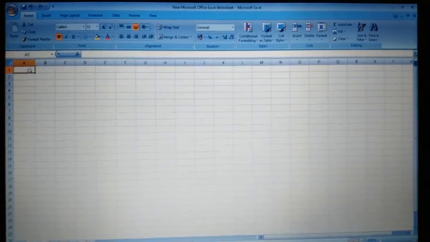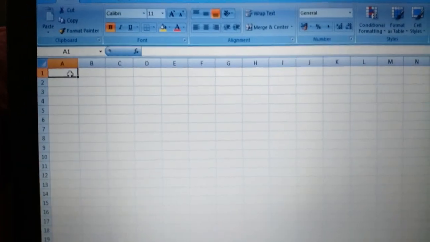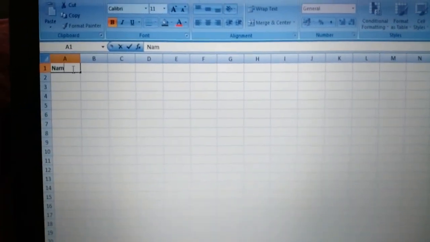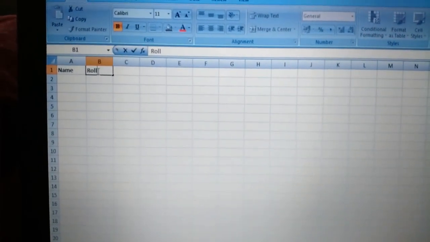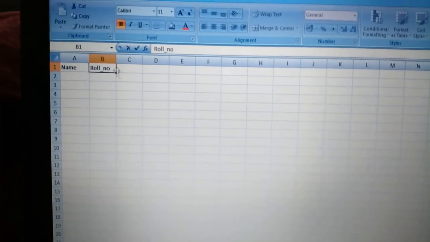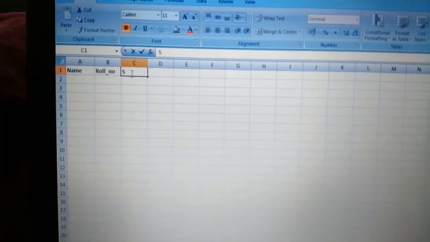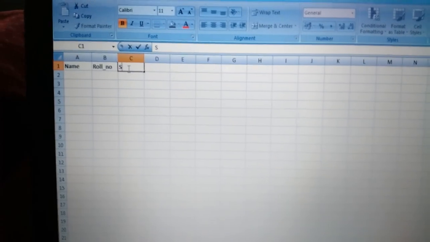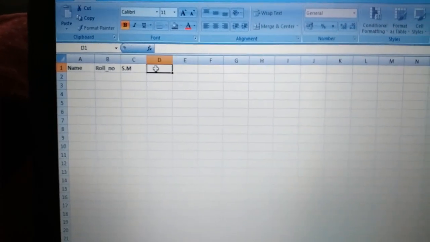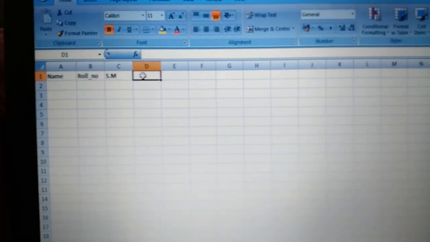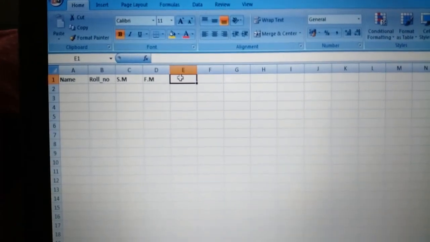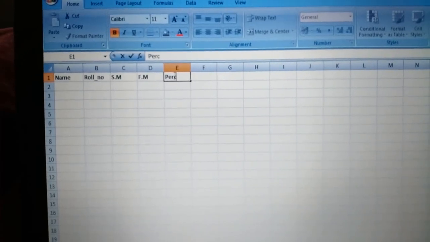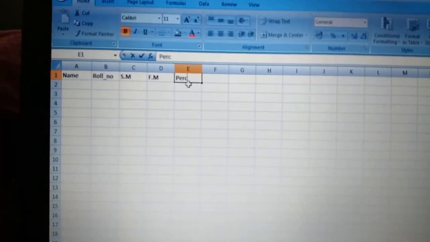Just see how I make the sheet. Secured mark, full mark, and percentage. I am just writing the short form, not the full form.